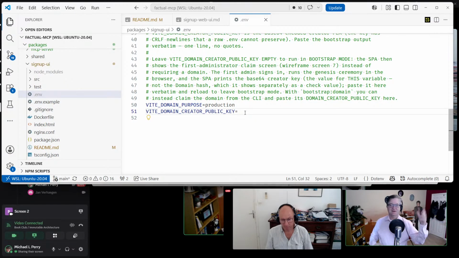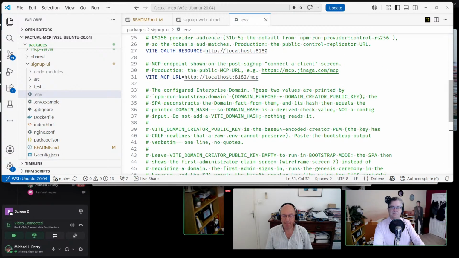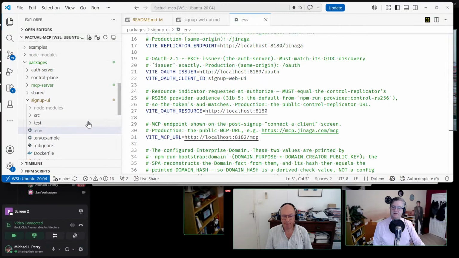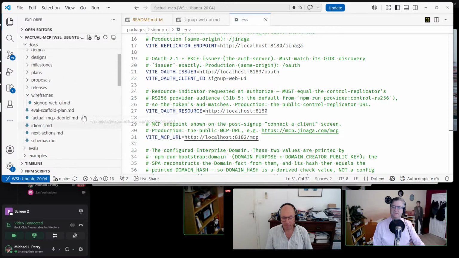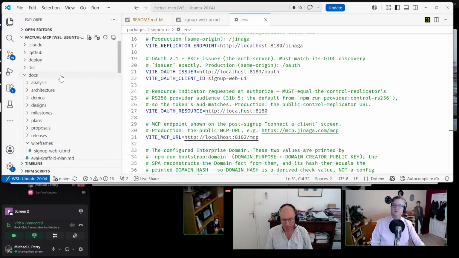I can still validate that signature, and then that same creator has signed a bunch of facts that are administrators. So this person is an administrator, that person is an administrator. I actually just signed one, and so that's the first administrator. Okay, so we've got that set up, but then in addition to that,